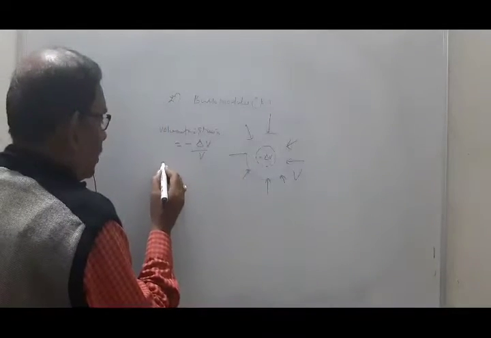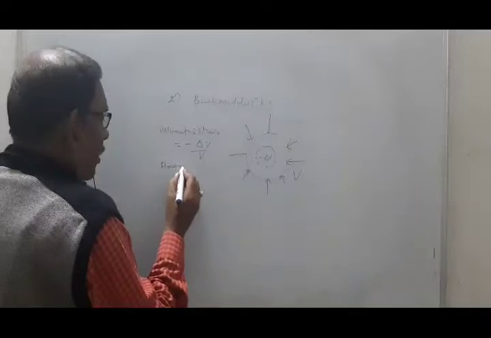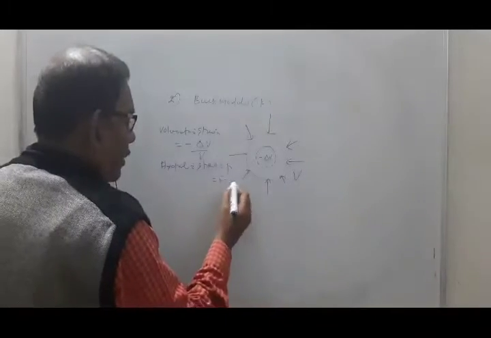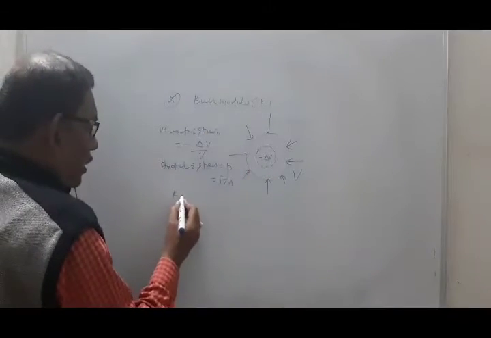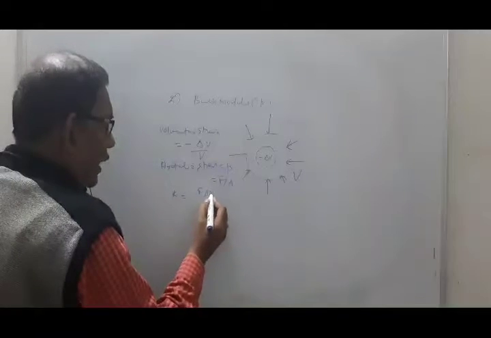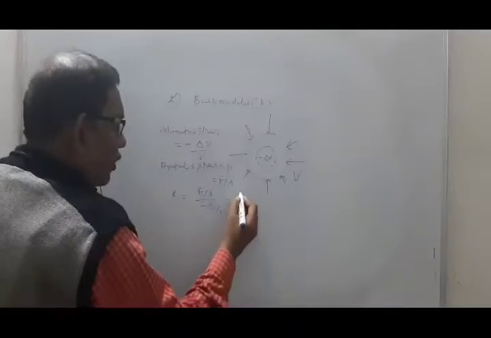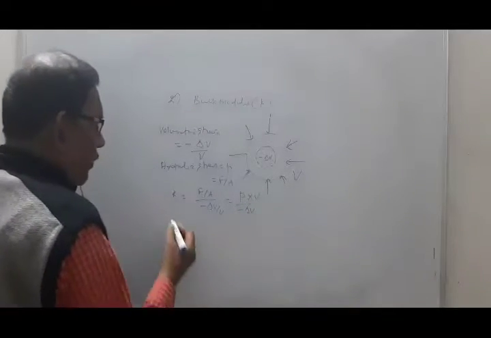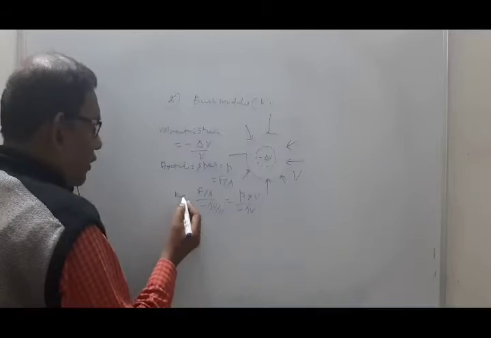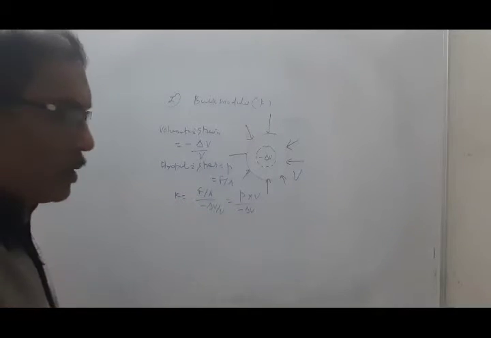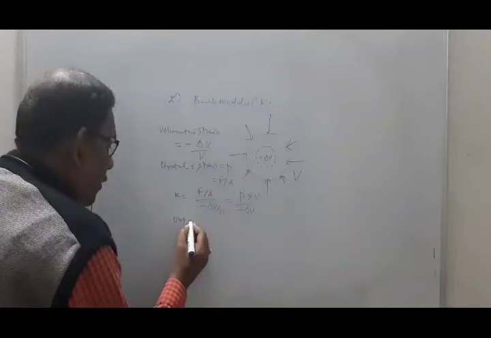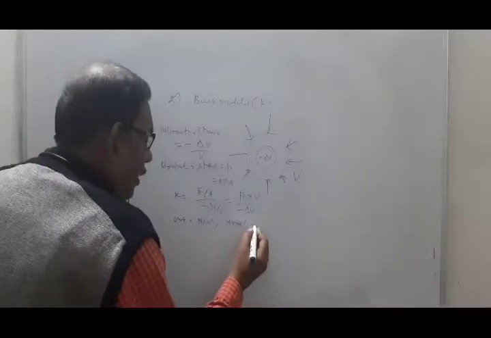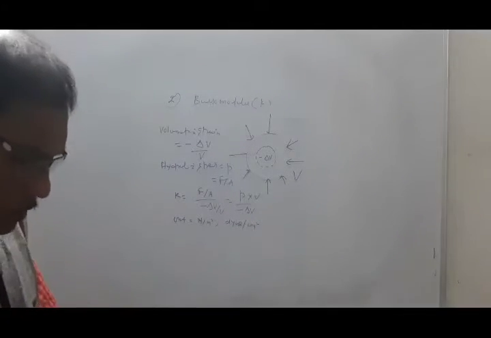Now, stress, hydraulic stress, it is P. P is also F by A, remember. Bulk modulus K is equal to F by A over minus delta V by V, which is equal to P over minus delta V by V. Okay. It has the same unit as Young modulus. Unit: Newton per meter square and dyne per centimeter square. Okay. Now the third one.